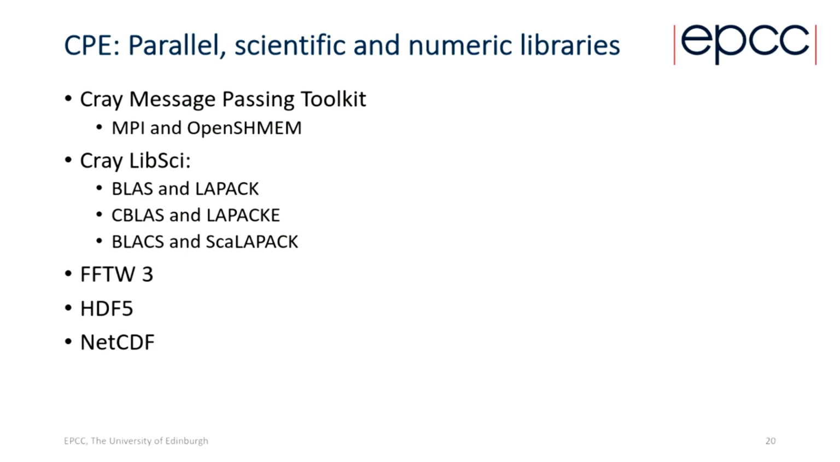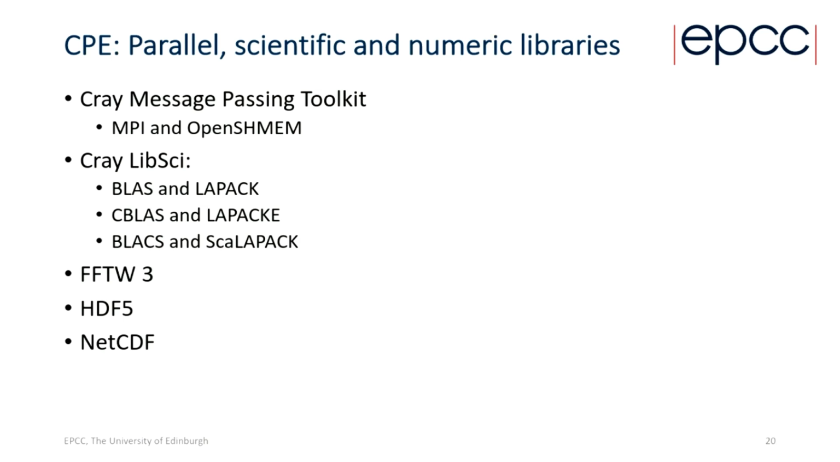Next one, parallel scientific numerical libraries. So as for all Cray systems, the MPI is going to be provided by the Cray Message Passing Toolkit. So they provide a version of MPI and OpenSHMEM in that. And I think it also supports more esoteric parallel things like Cray Fortran, UPC, and also Global Arrays Toolkit that people occasionally use. Then the main vehicle for the sort of standard BLAS, LAPACK stuff will be the Cray libsci,